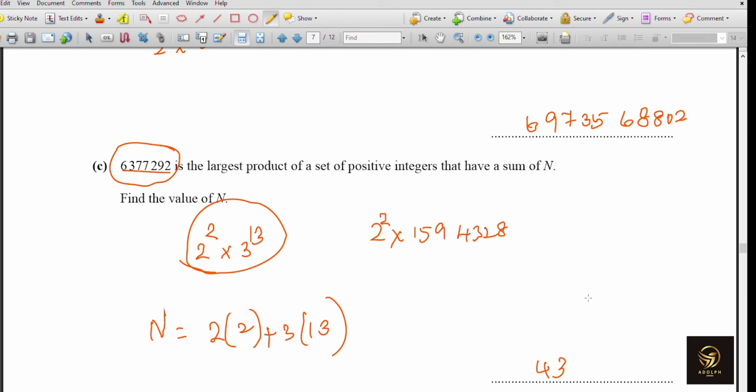1594328. This is what we are getting, and this is full of 3. We know that because it can be either 2 or 3, so this is full of 3. How do we find how many 3s there are? It's very simple. As I said before, y equals the log of the right hand side value, because 3 power y